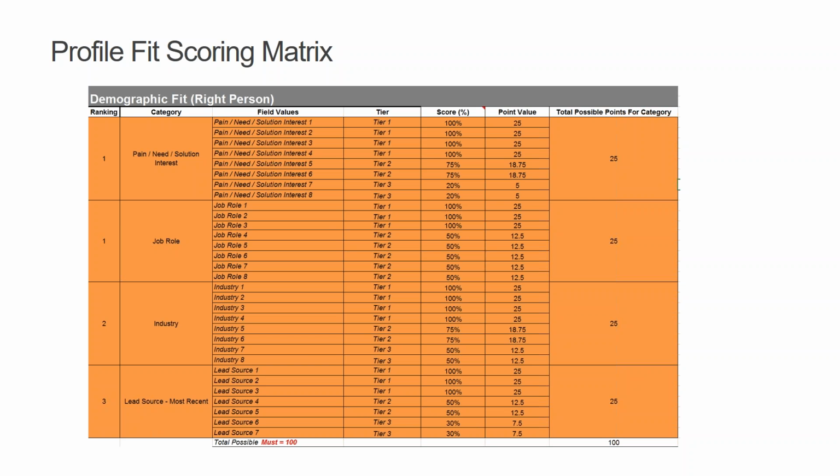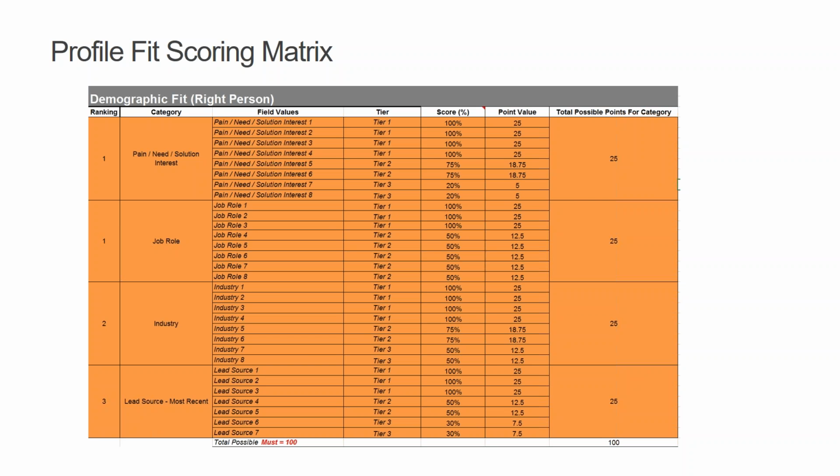So once you have those field values and those categories in the first left-hand columns worked out, and we've got 4 categories here. You generally don't want to go beyond 4 categories, 4, maybe 5, but you don't want to complicate the score so much. The field values themselves, once they're set, you might add or subtract them in the future, but in general, it's going to be in the same category. That's the general idea in terms of, at the end of the day, simplifying this, because going through this spreadsheet process, it actually, believe it or not, simplifies your ability to tweak the scores and slide the values back and forth based on the various lead scores you see coming out on the other side,